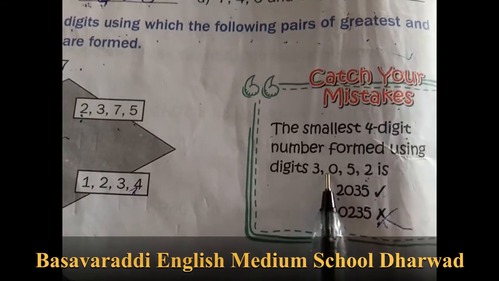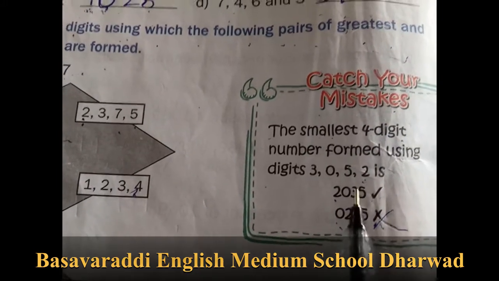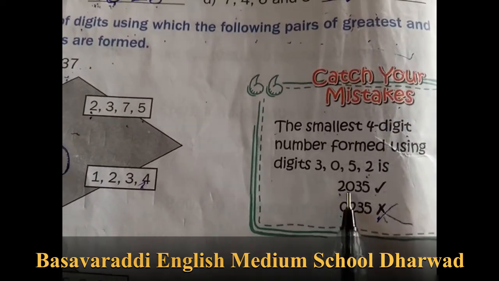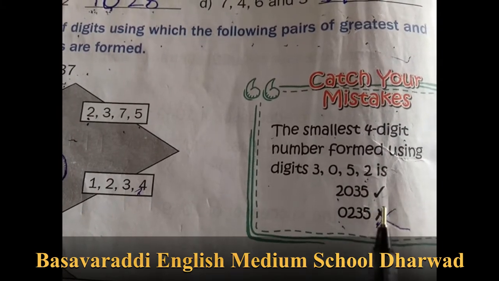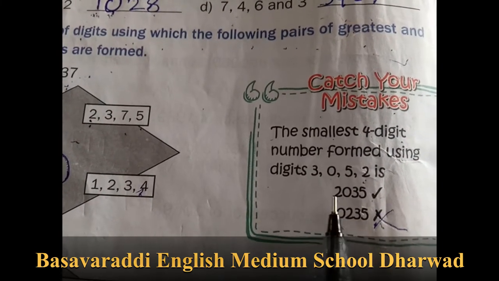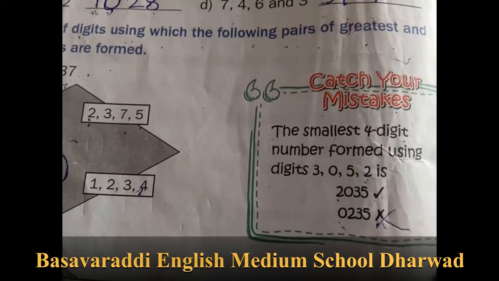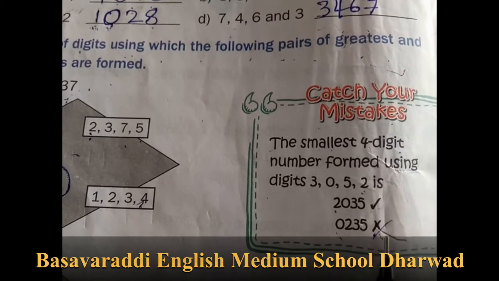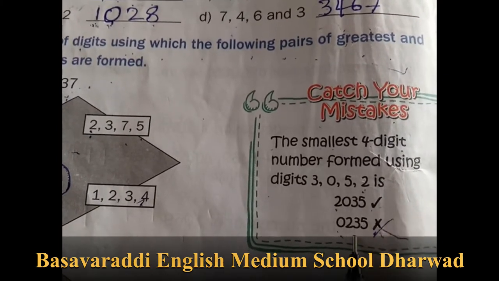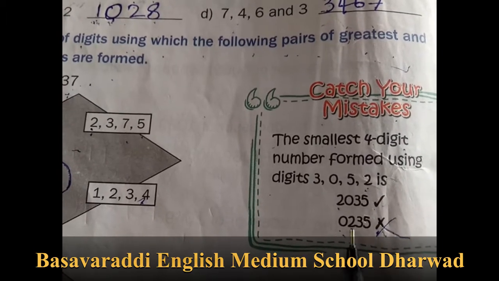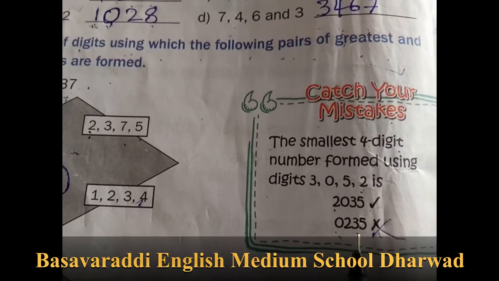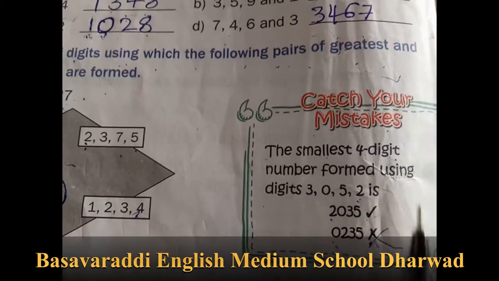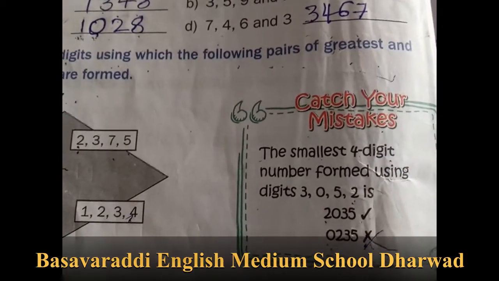So the smallest is, if it is coming 0, first you have to write down the smallest. Which is the smallest? That is a 2. 2 is first, afterwards we have to add that 0. 2035. 2035 is the smallest 4 digit number. After you write the smallest digit, then for the 3 digit number, that is 335. We are forming the smallest 3 digit number. Here they are telling the smallest 4 digits, so the first one is correct.